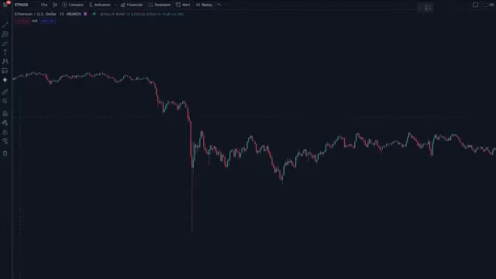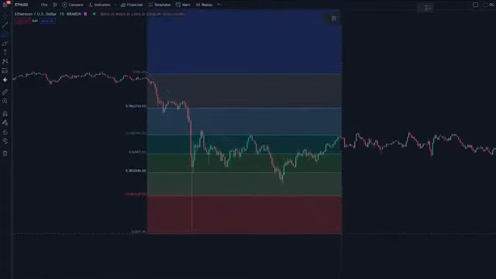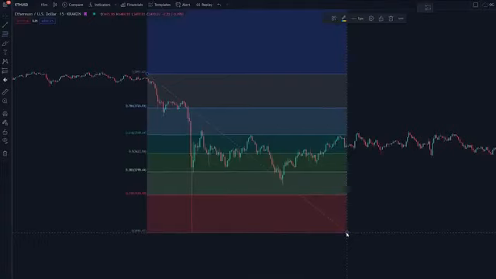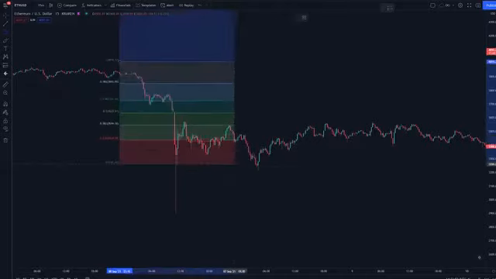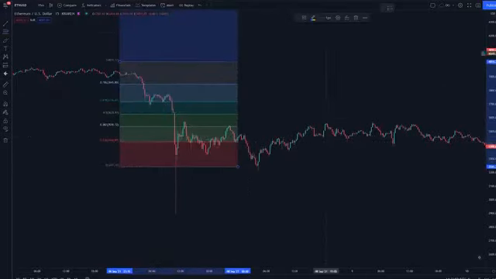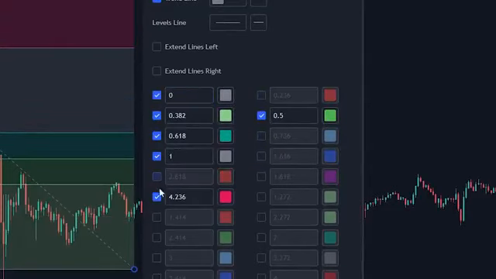Now, when you first select the Fibonacci, it's going to have a bunch of different levels, which are a little much and can really clutter your chart. So we're going to keep it simple and delete some levels so it can be a bit easier to read and understand. To do this, just place the Fibonacci anywhere on the chart, click it, and then go up here to the settings. You're going to want to uncheck all the levels besides these: 0, 0.382, 0.5, 0.618, and 1. This will give us less values to work with and overall make it a lot easier to